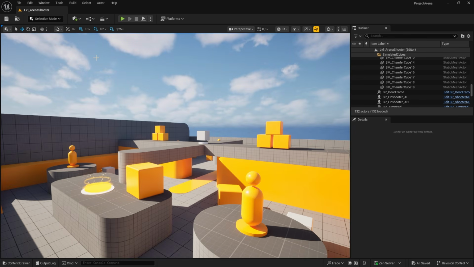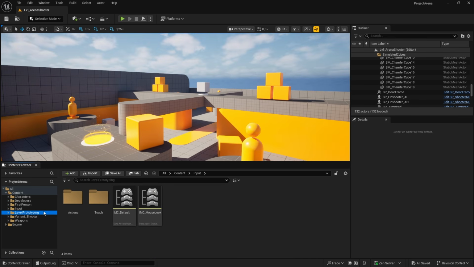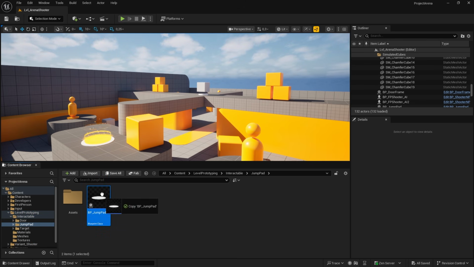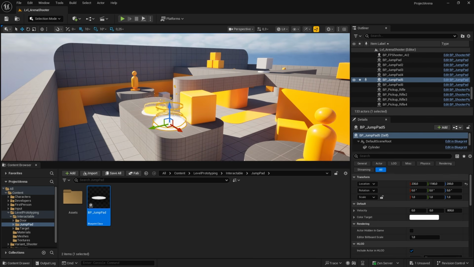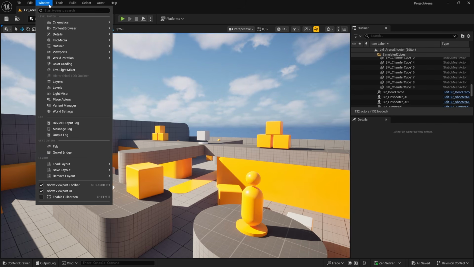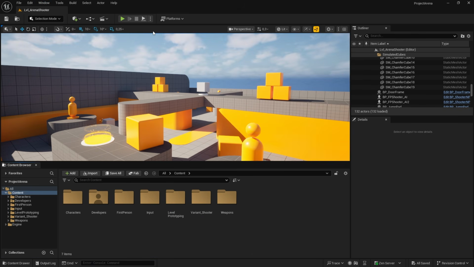Now, let's take a look at the content browser. The content browser is a file explorer where you can organize all the assets that make up your project. These assets can include blueprints, geometry, textures, materials, and so on. We can open a new content browser by going to Window, Content Browser, and picking one of the content browser instances. We can have up to 4 instances of a content browser simultaneously.